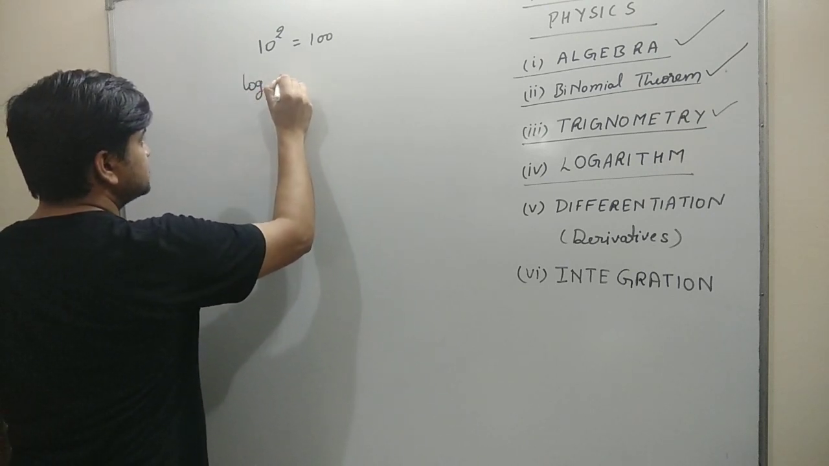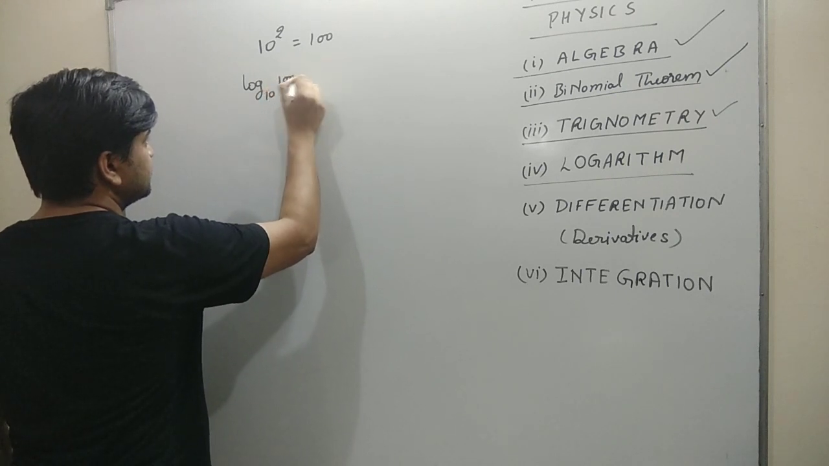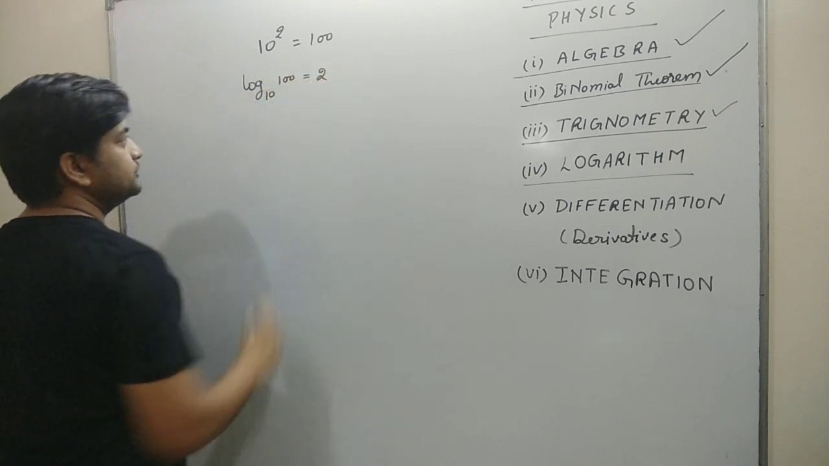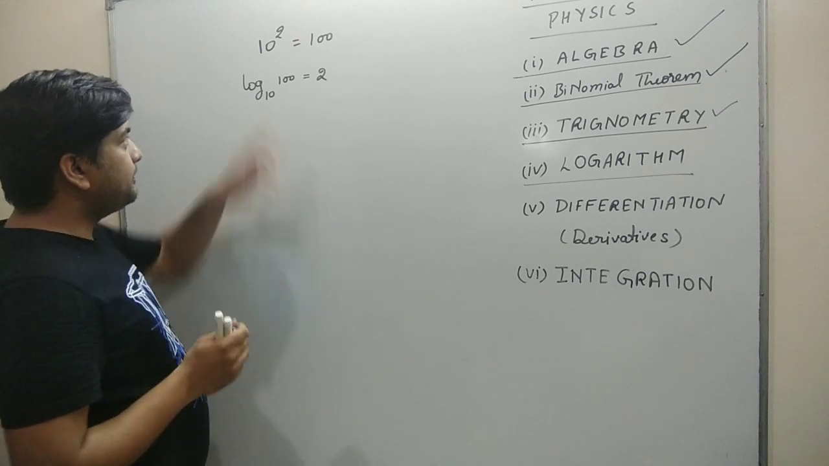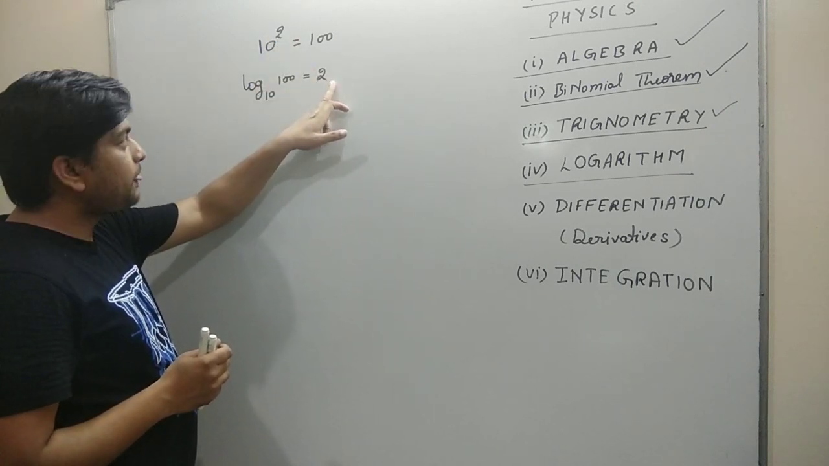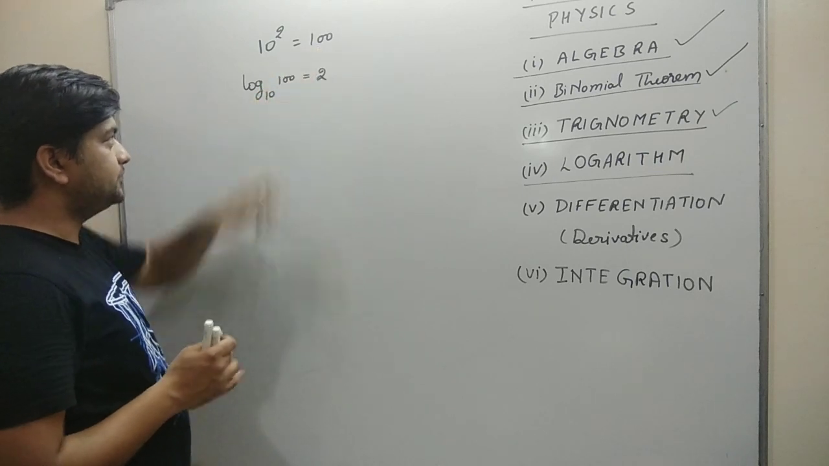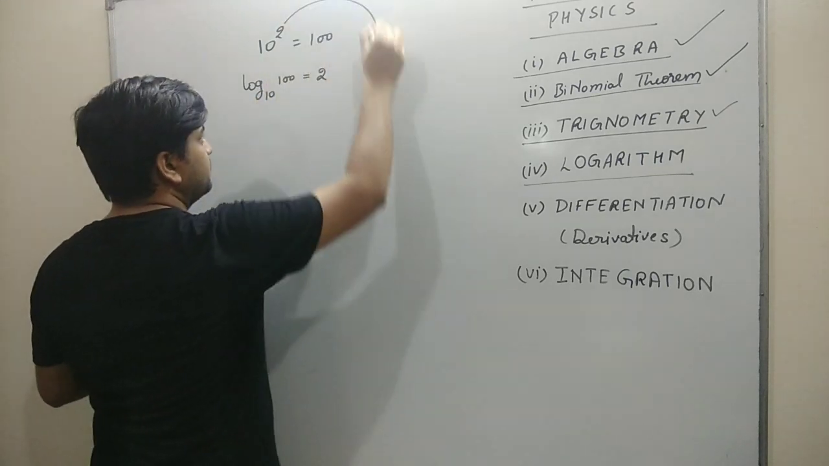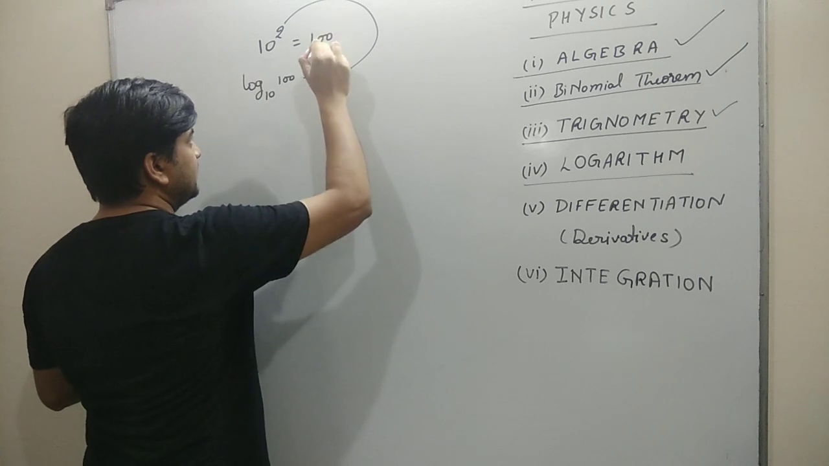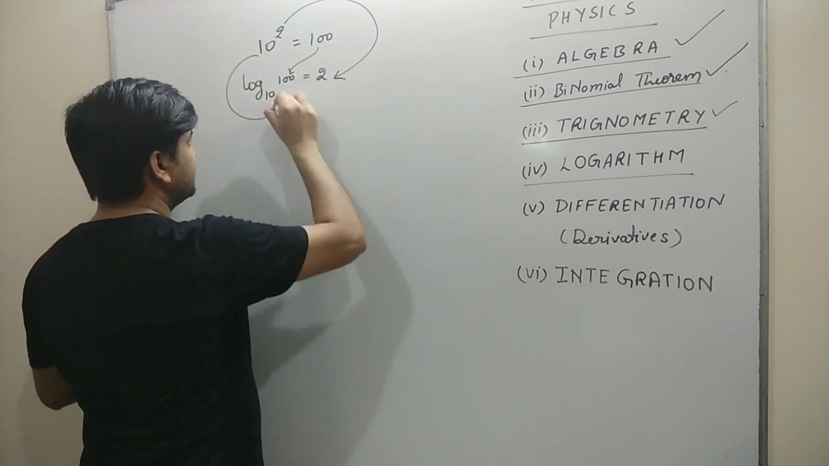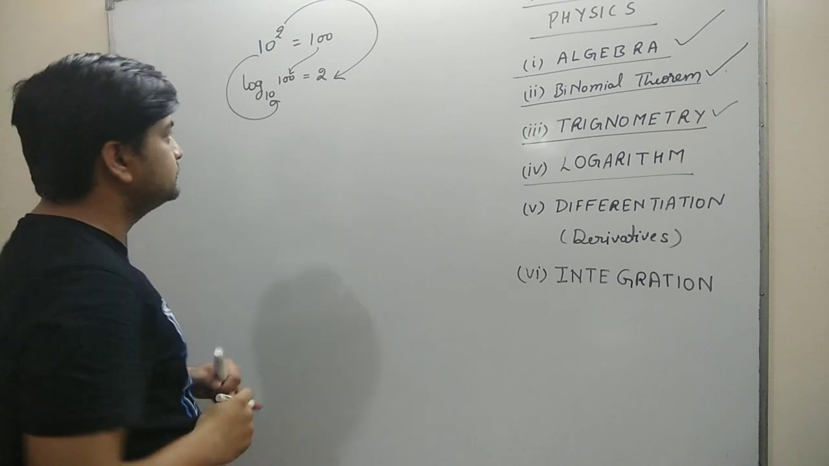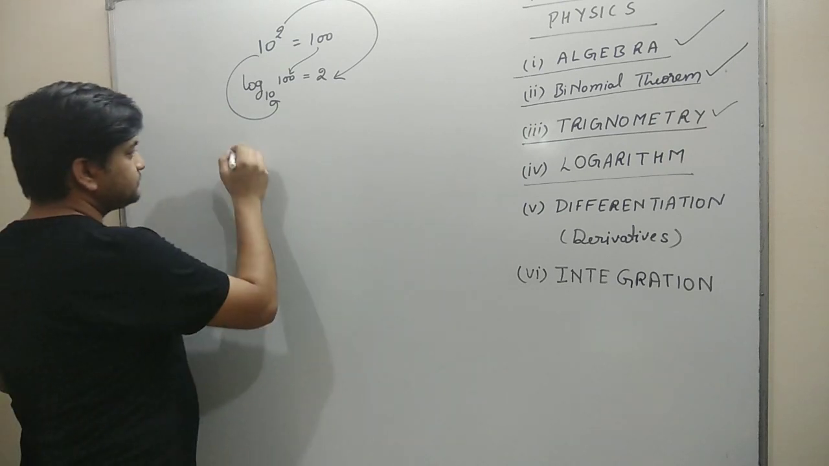Base is always base, 100 is 2. In log, the power we write here and the base we write in the base and the answer is here. Power we write here and this is called base of log. Okay, so